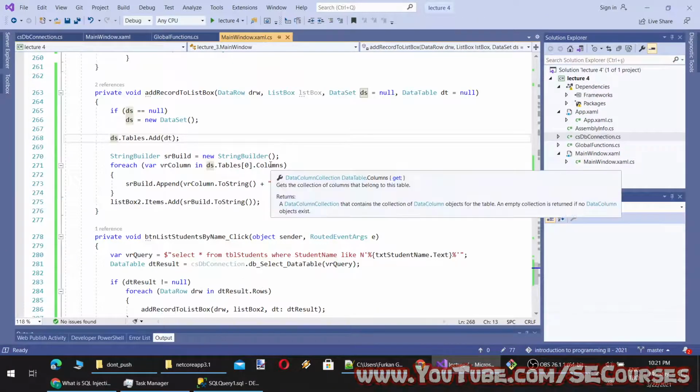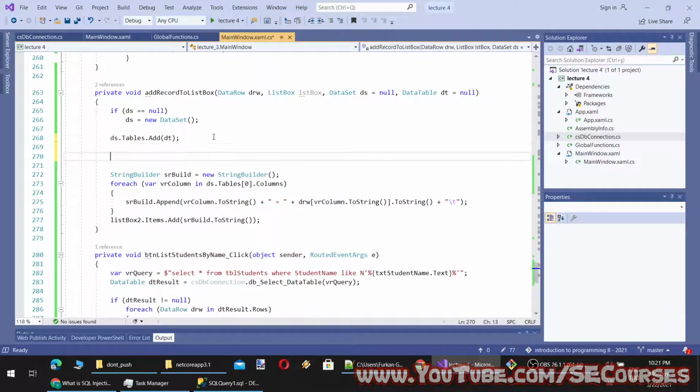How can we fix it? Data column collection, data table columns. Okay, we can fix it like this.